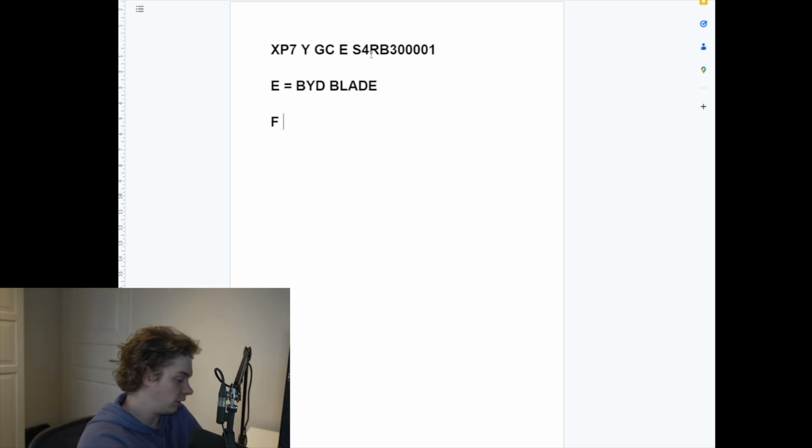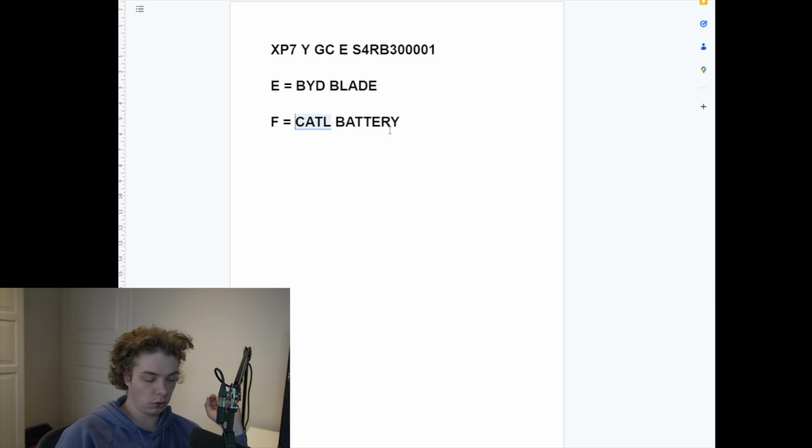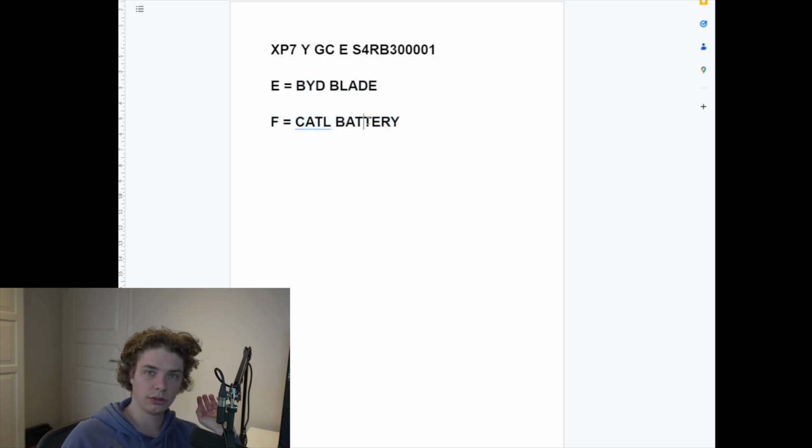If this letter is different, that means that we have the CATL battery. That's the old LFP battery that they used in every Model Y rear wheel drive from Giga Shanghai that is delivered in Europe. This is still a good LFP battery, but it has worse charging performance than the BYD battery. But it's a little bit larger, so you get a little bit more range with this battery. But I think we are talking about 2 kilowatt hours difference, and then the buffer might be